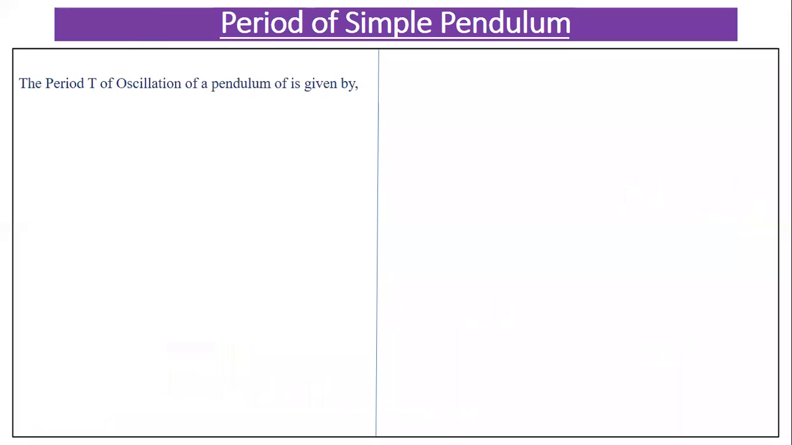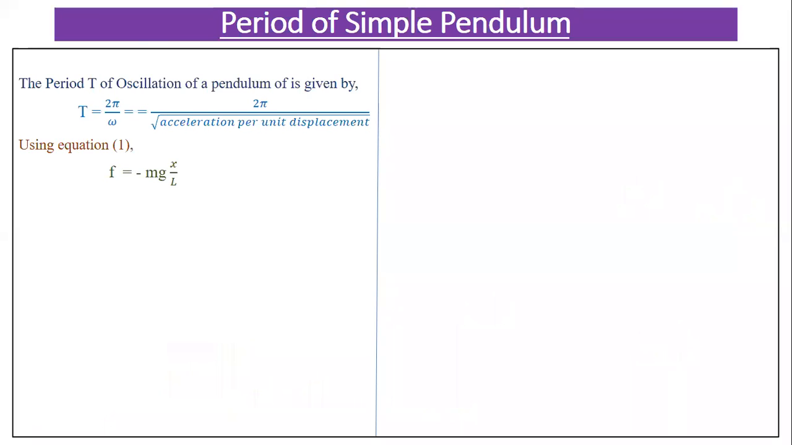Now the period of oscillation of the pendulum is given by the formula of period. We already derived this formula: period is equal to 2 pi by omega, or we can write 2 pi upon the square root of acceleration per unit displacement. So this is the formula of period. By using equation 1, F is equal to minus mg into x by L, we can write